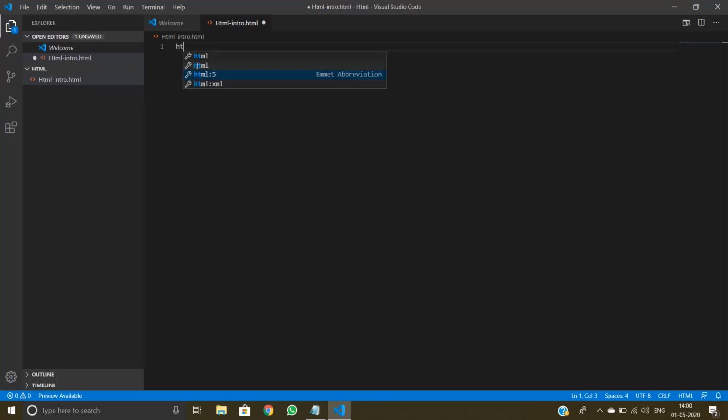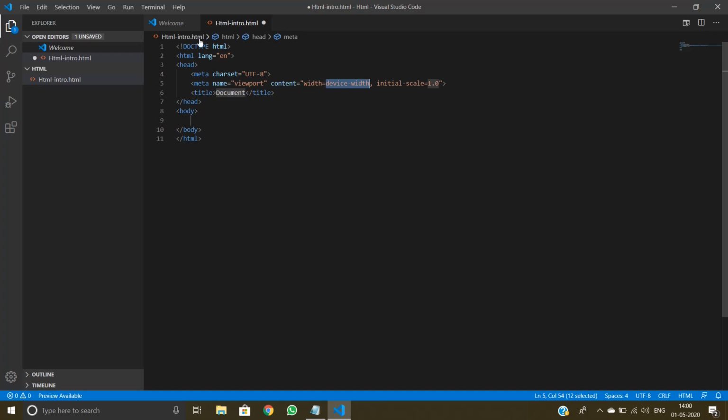So I'll type HTML. There is an extension called Emmet in the Visual Studio Code Editor, which gives suggestions for HTML, JavaScript, and CSS. So I'll click HTML file, and there you'll get an outline of how the HTML code actually looks. So I'll explain everything one by one. The first thing is the doctype. It mentions what type of document you're gonna use for the web page to be created.